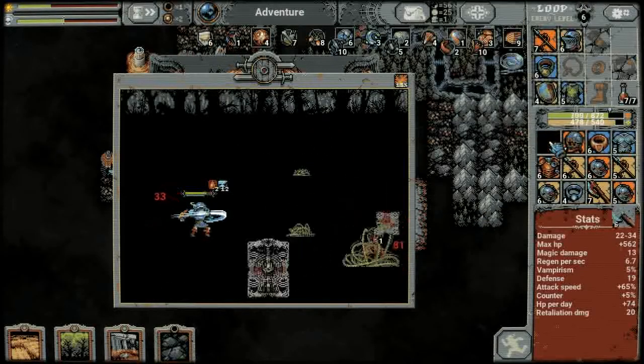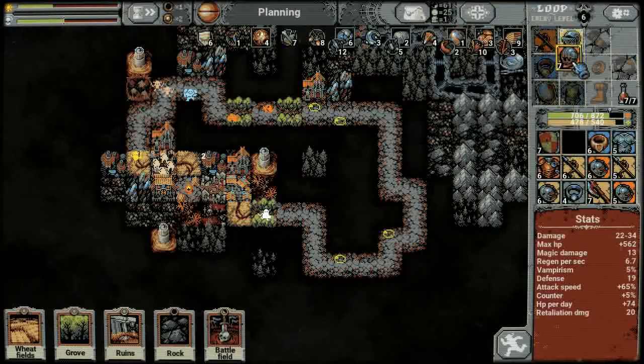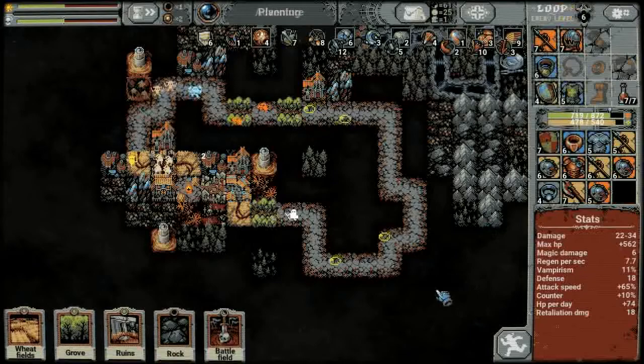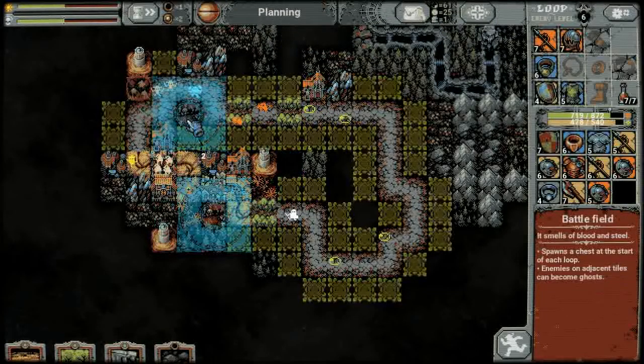Vampirism helmet. I like the stats on this. We lose even more retaliation damage, but we gain 1 regen per second and even more vampirism back. I think we will go with this one. We got another battlefield, so I need to be careful where I place this because I don't want sirens. So I think we'll add it...